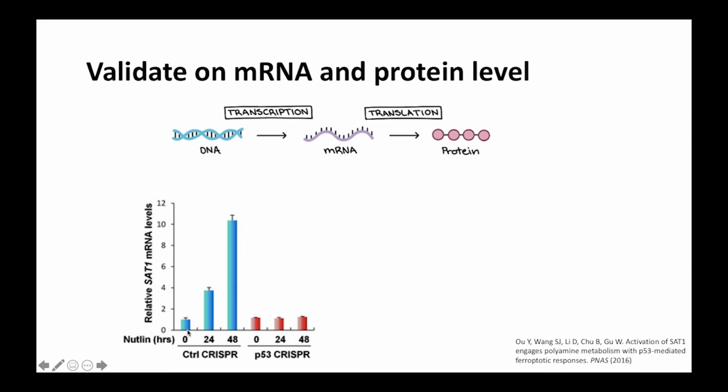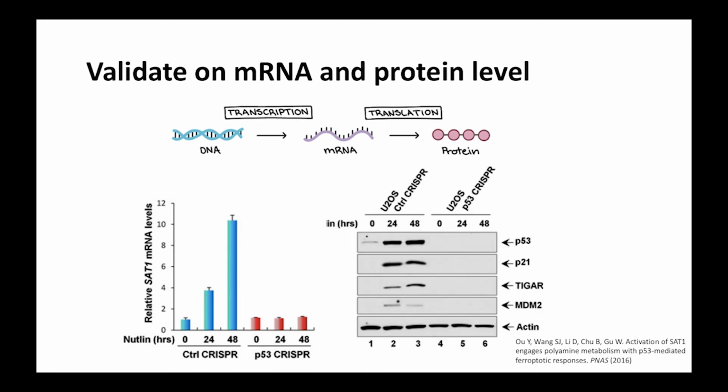Whereas when the control CRISPR is used, it's turned on quite nicely. So it again tells you that you have efficiently knocked out p53 on the mRNA level. And to confirm that on the protein level, you can run a Western blot. And again, here is the same control CRISPR that's used. Here is the p53 CRISPR. And you can see that the bands for p53 are gone, meaning that the CRISPR has successfully eliminated the production